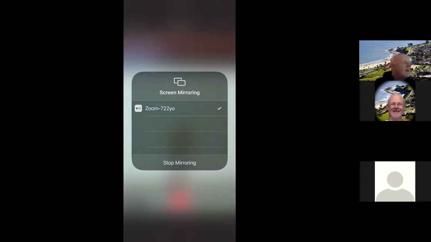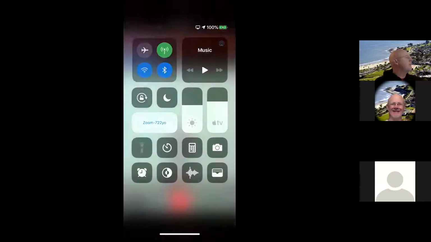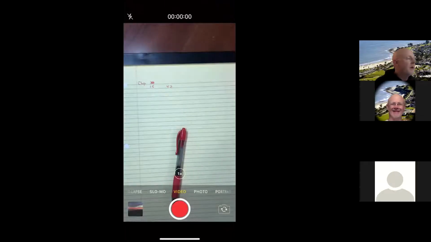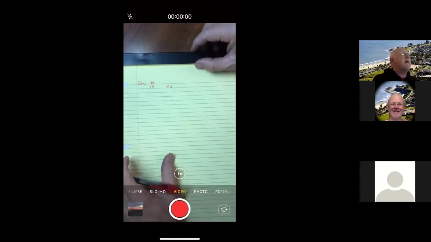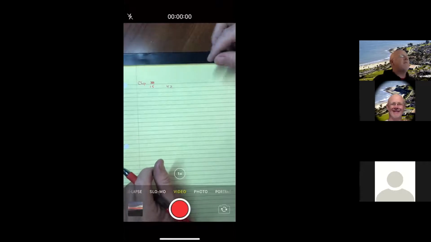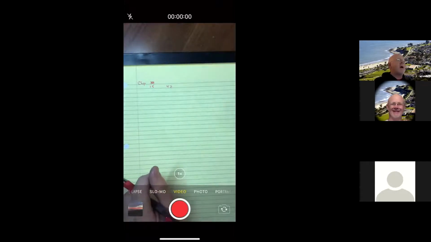Let me scroll down to chapter 15, number 42. Let me just read it here. It says, draw the diagram representing a standing wave pattern for the fourth harmonic of a rope fixed at both